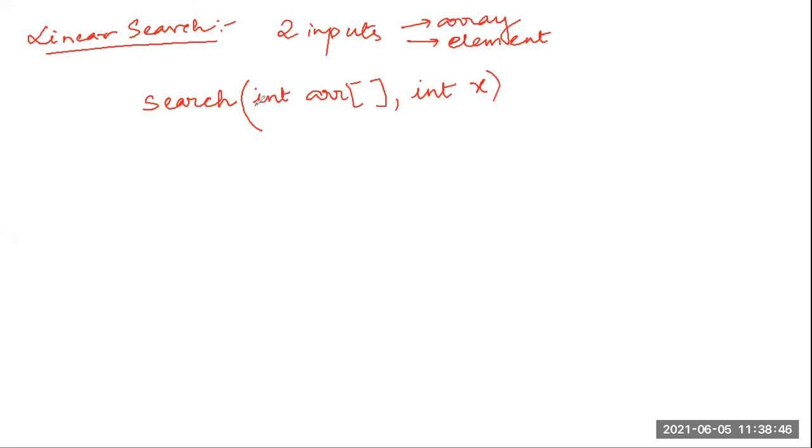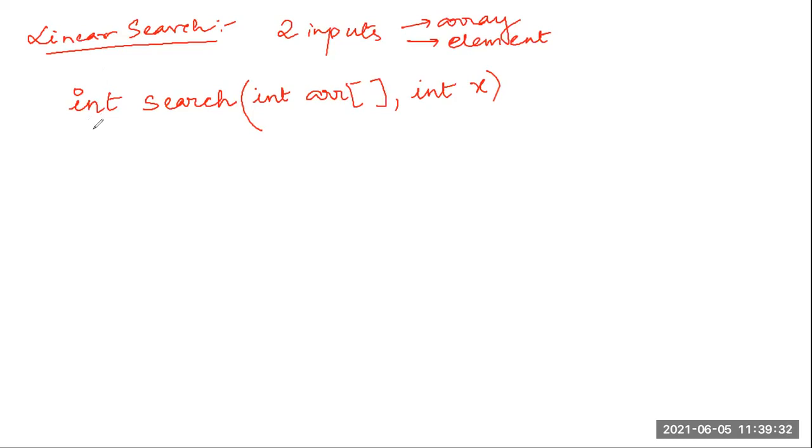Now, if I have an integer array and the element being searched for is also an integer, then at the end, when I return the value, whether I have found the element or not, this will be a yes or no. Suppose if I have found the element it is 1, and if I have not found the element it is 0. So the output from this search operation will also be an integer. If it is found, it will be 1. If it is not found, it will be 0. Right?